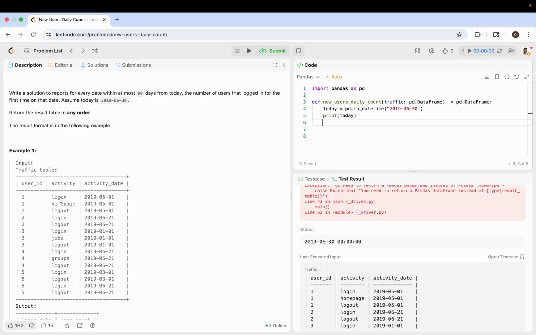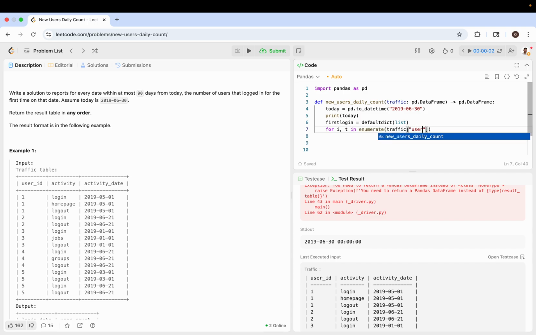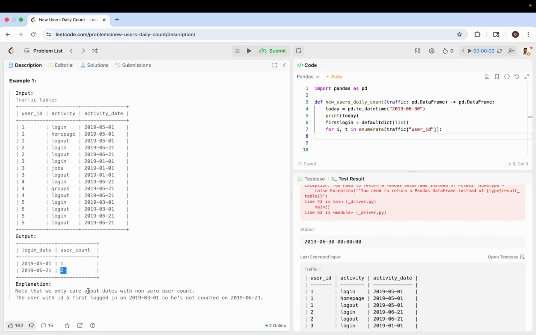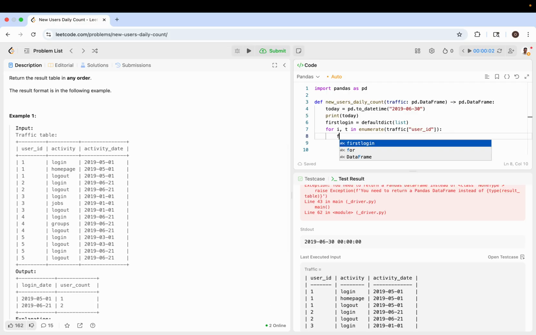But for now, let's go ahead and get the user IDs and their first login times. Let's call this first login. So for i in enumerate traffic user ID, obviously. How many users? For example, here there are 2 users. So first login, the user itself, let's call this u, and we're going to append the activity if it's a login. So if traffic activity of i is equal to login,